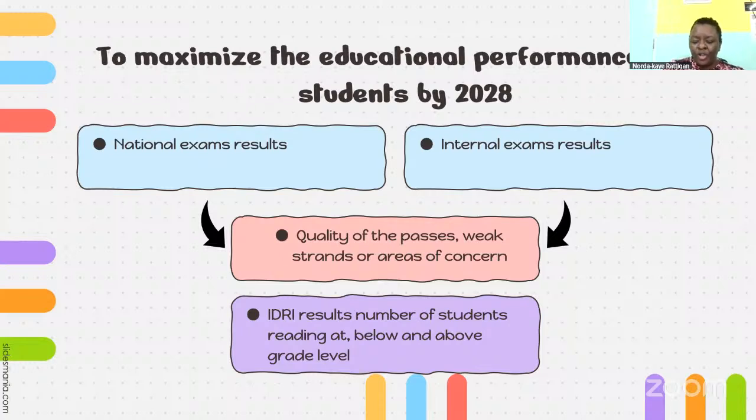Now, when you're looking at this performance, this strategic objective, when you're setting your targets, for instance, you're going to set to, don't just write, improve literacy by 10% by